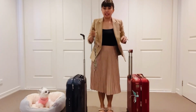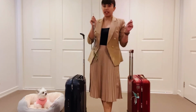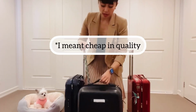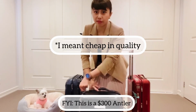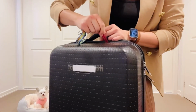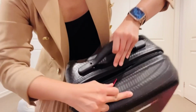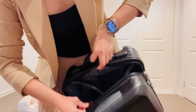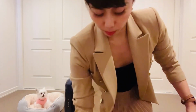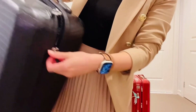Next, have you watched my previous video? I like to use the key poking test to see how safe the luggage is. Remember, this is the cheap one. After I zip it up, if I poke it in here, I can still open it like that. So this is really bad. This is a no. Before you buy any luggage, I can just crack it open like that, but it was supposed to be